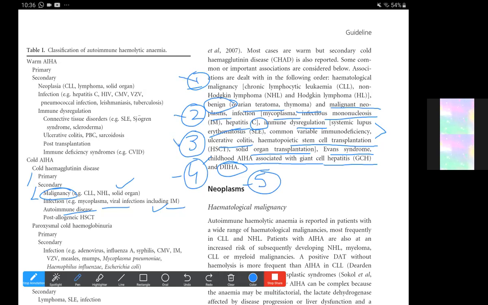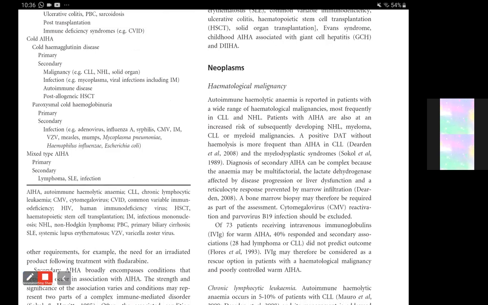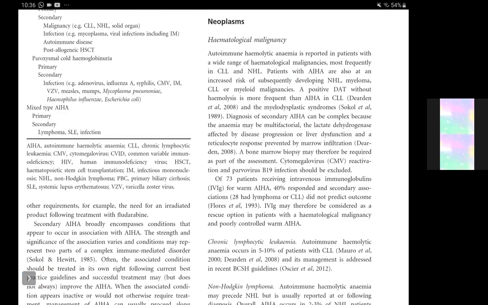So this is like a broad classification. Half of them are associated with malignancy, 1/3 with infections, and 1/6 of them with immune dysregulation. But other causes are individualized based on which drug has been taken and what the age of the patient is. And now, first, starting with the neoplasms associated hematological